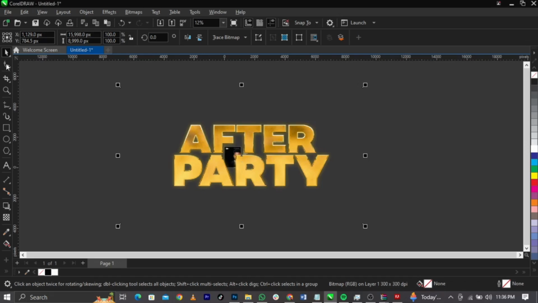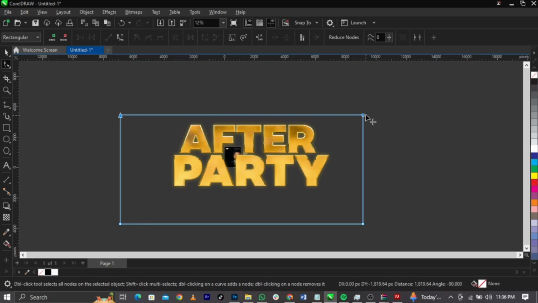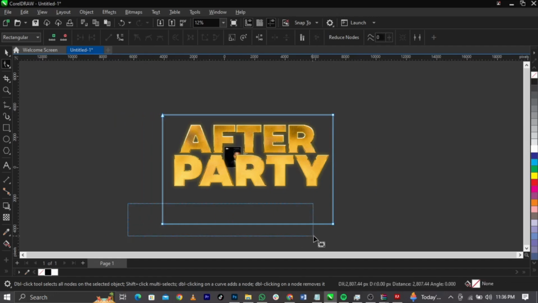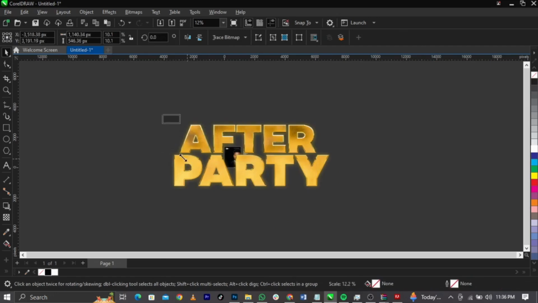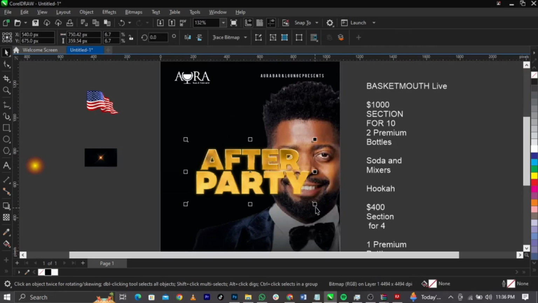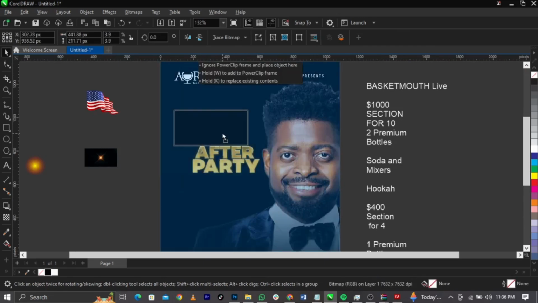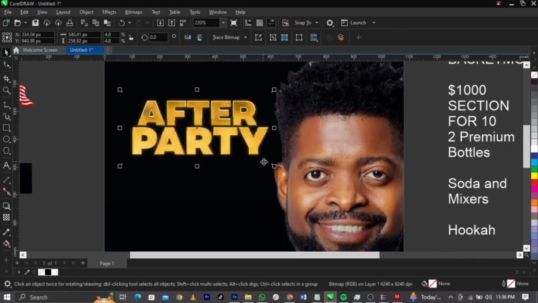Then come over to your shape tool. You can see the anchor point is very big. Then you can see the lines. So select the line, drag the line, and reduce this way, drag here, reduce this way, drag here, and reduce this way. Then basically you can scale this down, bring it down here, paste it just right here, and scale this up. Once you do that,